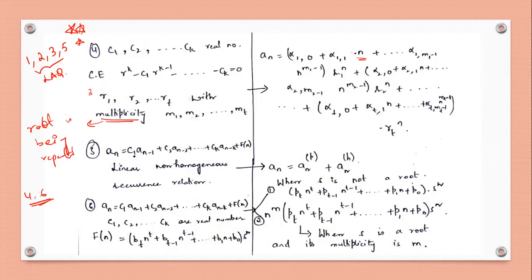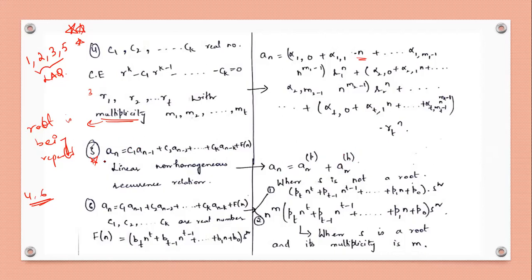the next thing is our theorem 5, which we have seen. An is equal to, so this is for linear non-homogeneous recurrence relations, and while you are taking the solution, you have to assume something over here for f of n, and this is a little bit difficult, so you have to solve a few problems based on this theorem. And what will be our solution? An will be equal to an of p plus an of h, where an of h is the associated homogeneous recurrence solution.